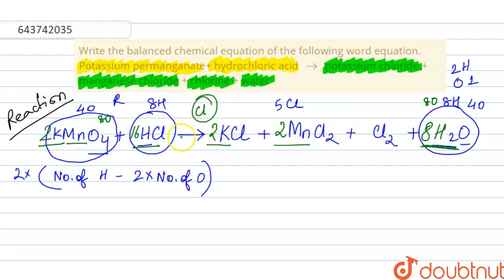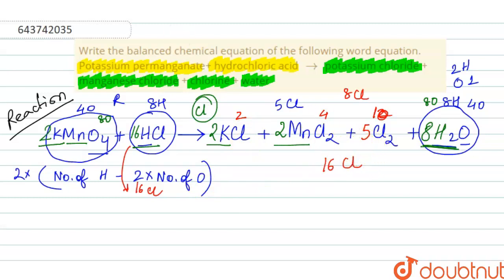Now how do we do that? We first count. We have here 16 Cl. Over here we have 2, 4, 2. That means 8 Cl. How do we make this 16? We have to use the same rule. If we add 5 over here, we get 10 Cl. And on getting 10 Cl, we get 10 plus 4, 14 Cl, and 2, 16 Cl. That means we get 16 Cl in the product side.